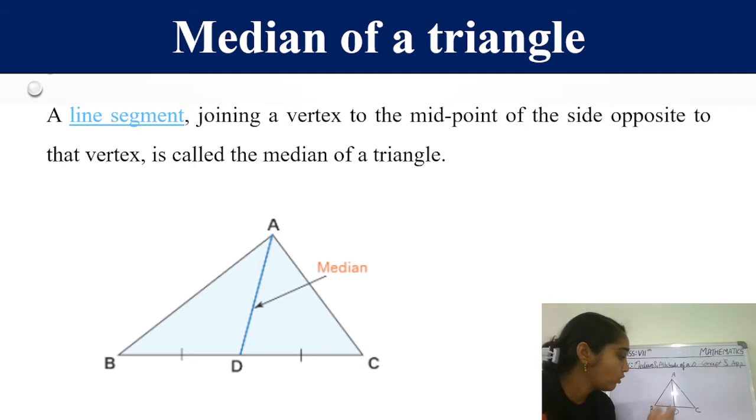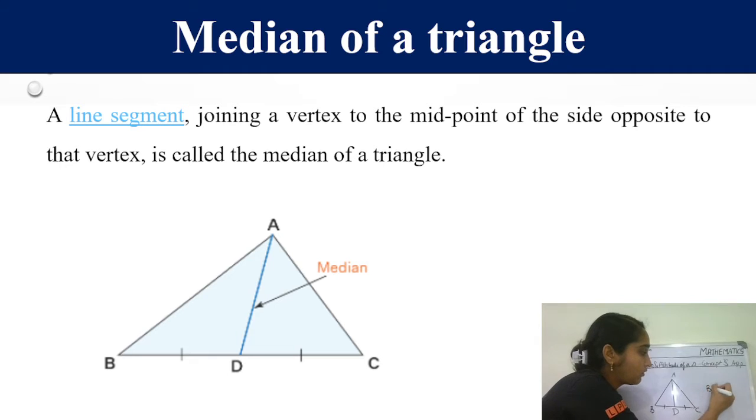So I have drawn AD such that AD is cutting BC in two equal parts at the midpoint, right? Such that BD is equal to DC. Okay? BD is equal to DC. So we can say AD is the median of triangle